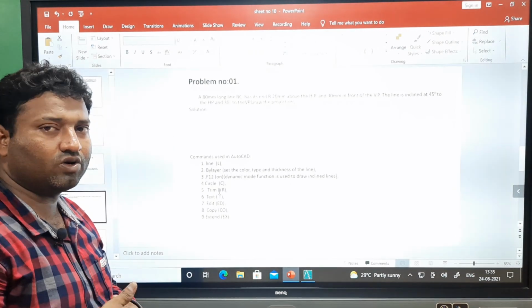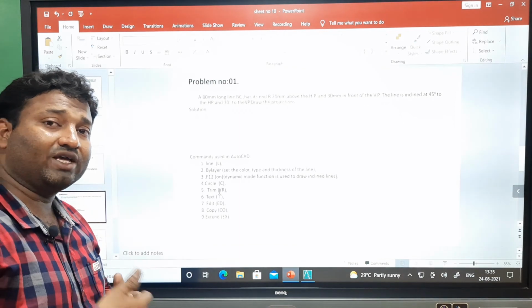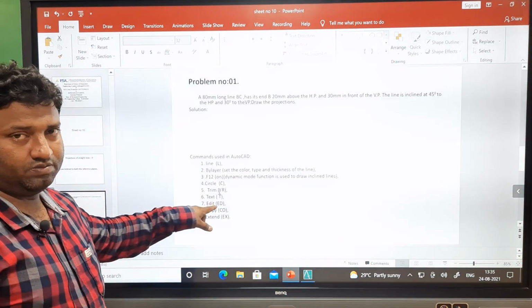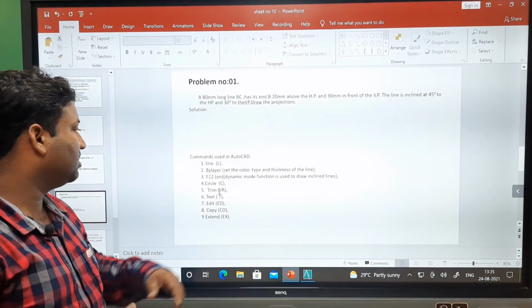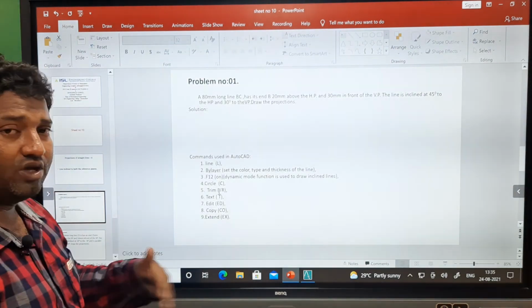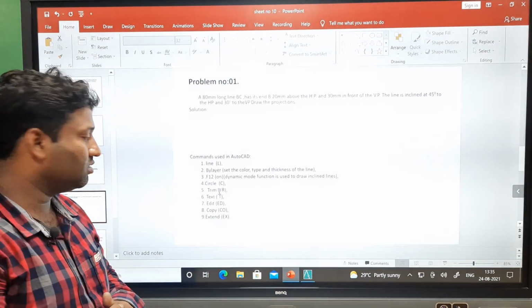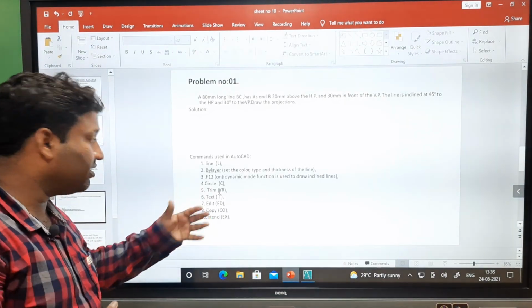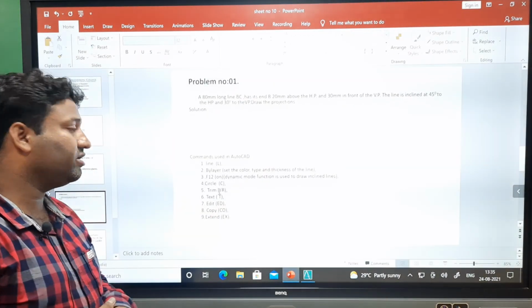So we cannot go for that. Whatever extension lines or extra lines are there, we are trimming them. The shortcut command for that is TR, and we have to press enter twice. To give the text, we know that T is the shortcut command for text, and we are copying that. After that we are editing it. The shortcut command for edit is ED.